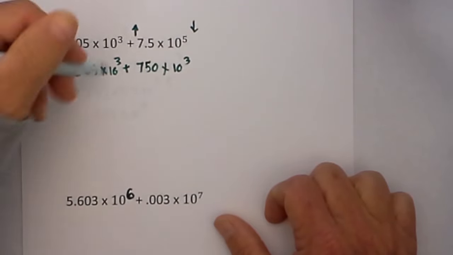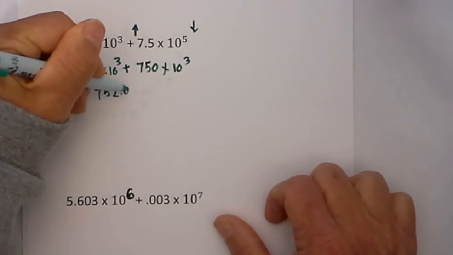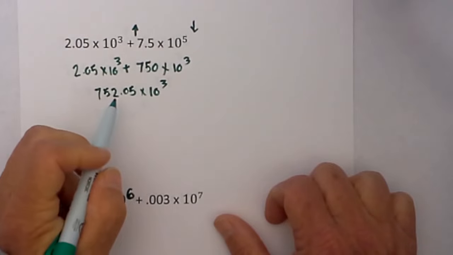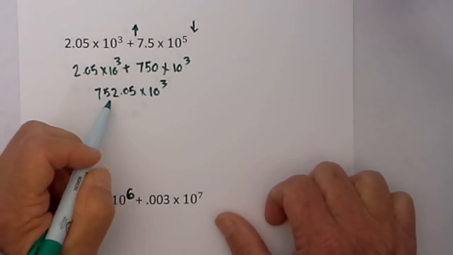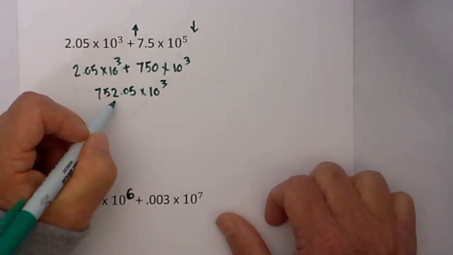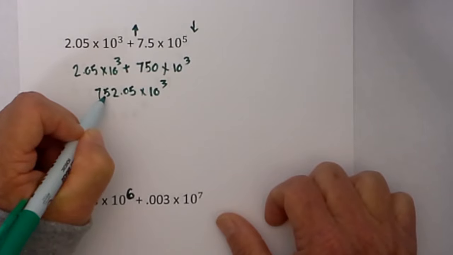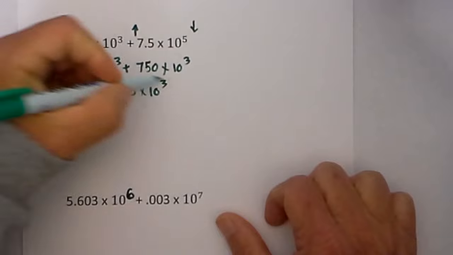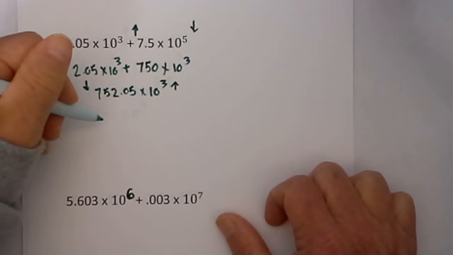When I add these two together, I get 752.05 times 10 to the third. Well, we now know that it is not in correct scientific notation because it needs to be between 1 and 10. So in order to do that, I need to move the decimal 2 places to the left. So in order to do that, I decrease the value of the number, so I'm going to increase the exponent, so it becomes